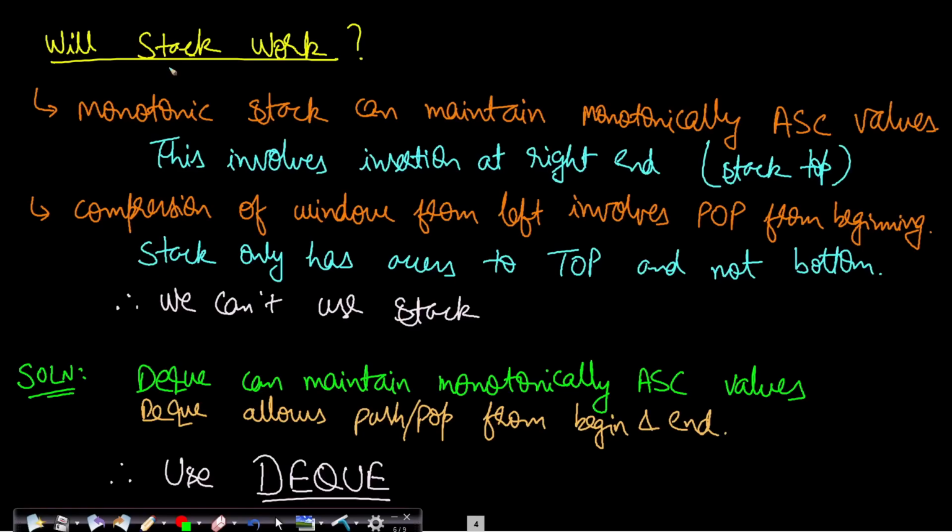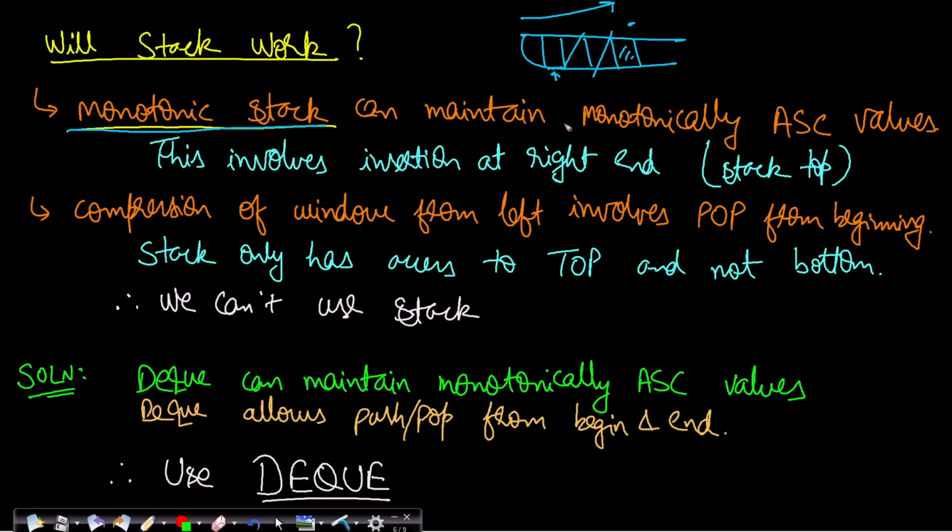Now, what will be the choice of data structure for solving this problem? The simple thing which comes to mind is stack, because we are talking about maintaining monotonically increasing values, and you know that a monotonic stack can do that job. So this can perfectly do it, because you take a stack and you keep on inserting elements as long as the elements are increasing, and as soon as you find a lower value number, then you pop out the elements until the stack is empty, or you find a lower value number, and you push the new element above it. This is how a monotonic stack actually works and maintains a monotonically increasing value.